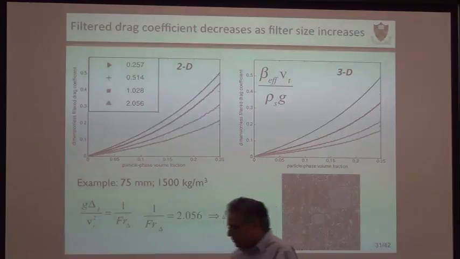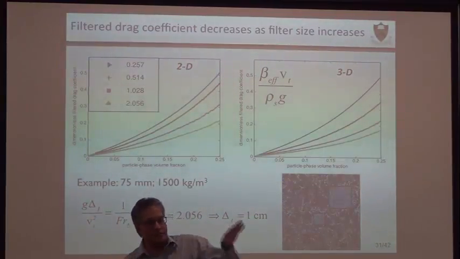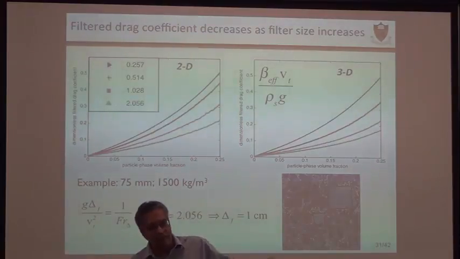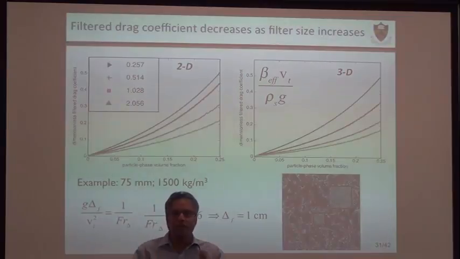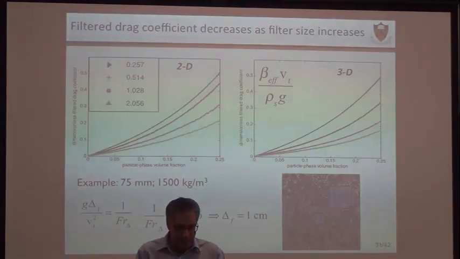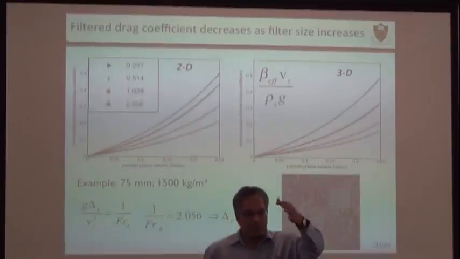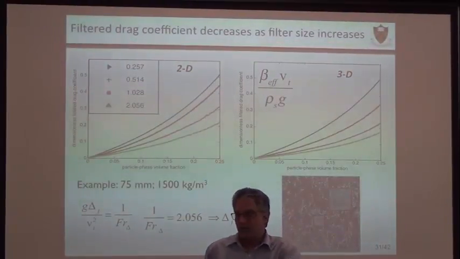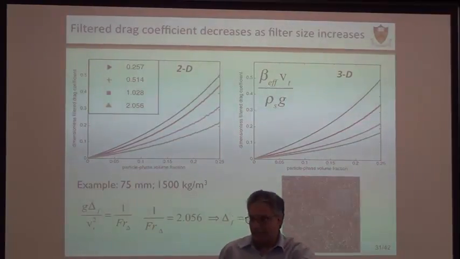And the simplest example we can do is that at one point people said CFD is useless for two-phase flow. It can never be done. And the simplest argument that people gave is that if you take a single particle and you drop it, it accelerates and reaches the single particle terminal settling velocity. I think one doesn't have to go any further.